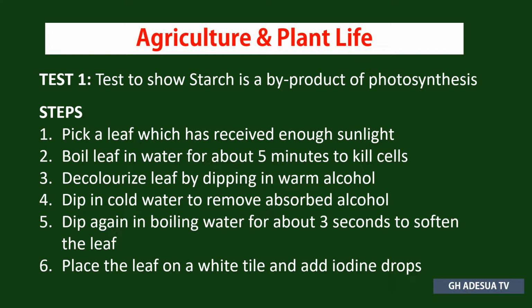Now you know that when you move a substance from the cold straight to a warm environment or the reverse, it causes the substance to become soft. So you dip it in boiling water for about 3 seconds, and this would cause the softening of the leaf to take place. Then the final step will be to place the leaf on a white tile, the normal tile